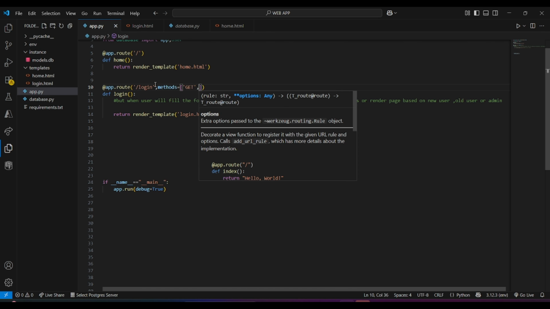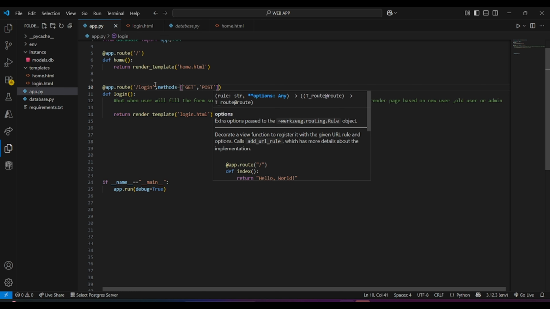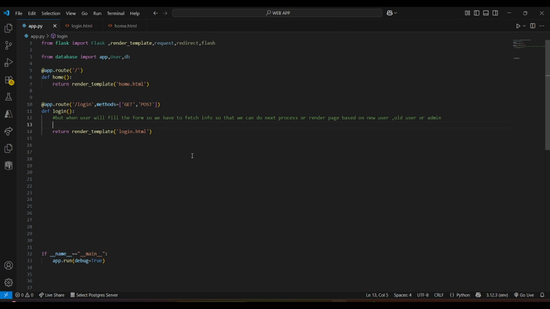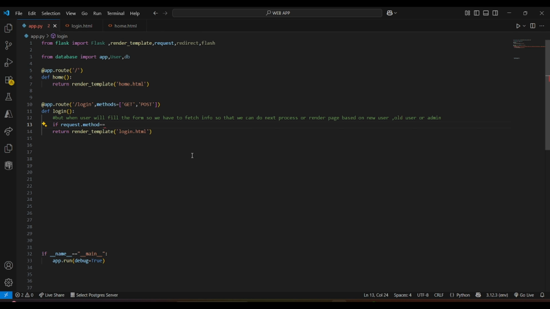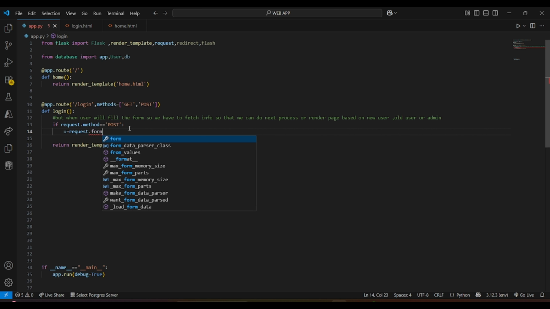So when a user logs in, we need to check whether it is admin or a regular user. For that, we have to set methods GET and POST. If the request is POST, that means the user has submitted the login form and we are receiving the data they filled in.